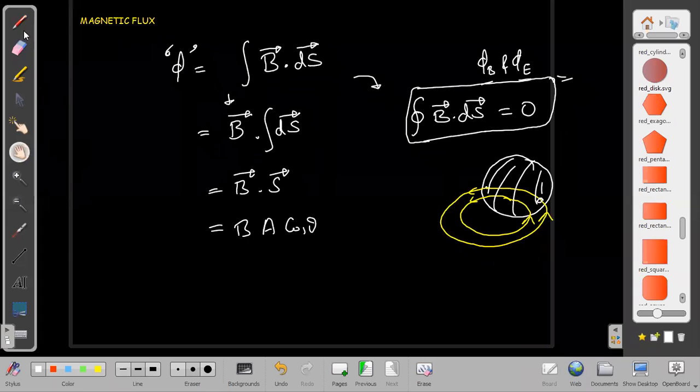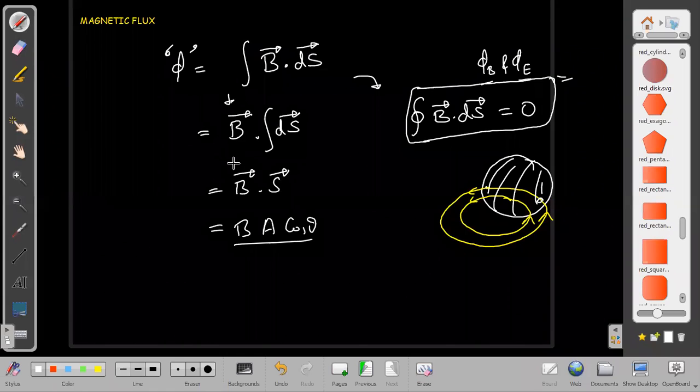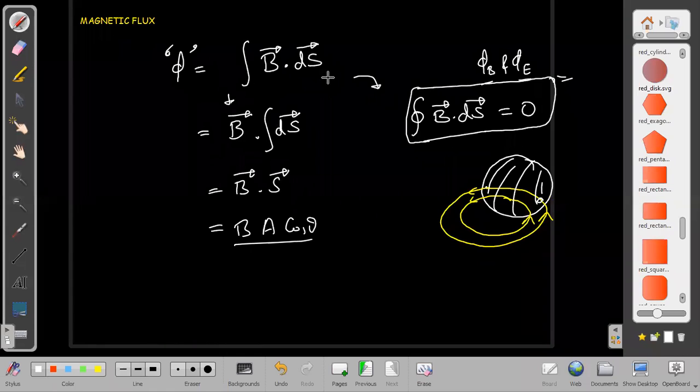The way we find the electric flux, in the same way we will find the magnetic flux by using a similar formula, B into A into cos theta when B is constant. When not constant, then we have to do the integral, although mostly we will be interested in this situation only. Anyway, why are we interested in knowing magnetic flux? What does it do? Where does it help us? That also we should understand now.